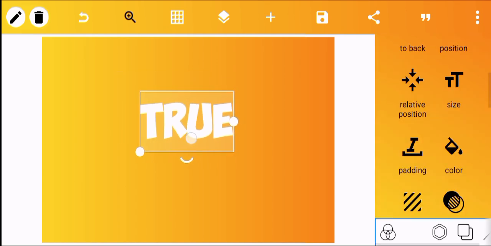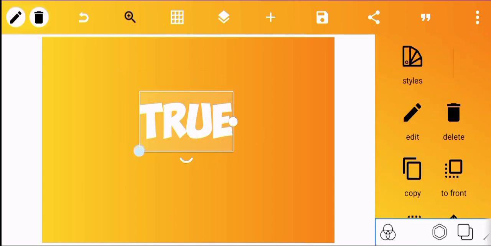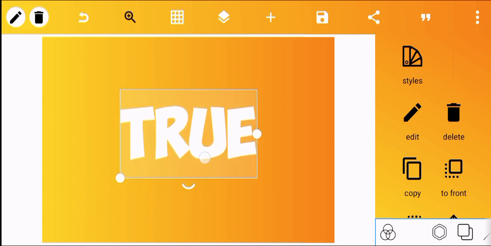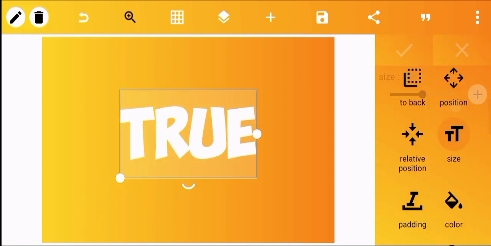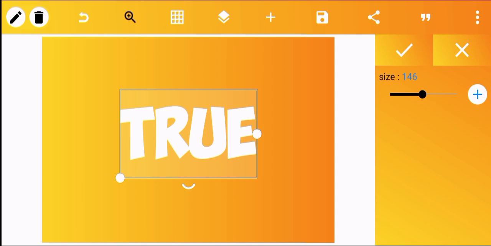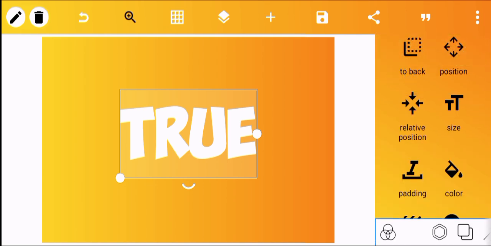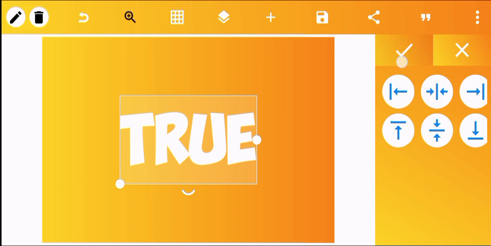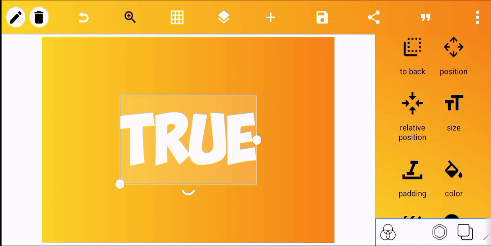Okay, so this is the way it's looking. Or let me just make it a little bit larger. But even as I'm making it larger, I have to be looking at the size in order to make sure it is there. Okay, so now it is 146. We are going to leave it at this. Then I'm going to place it at the center. So now that it is both at the center and at the middle of the design,